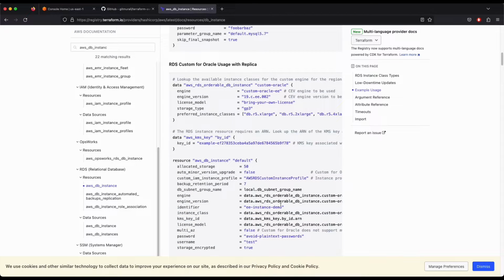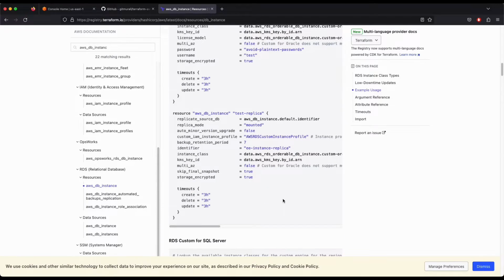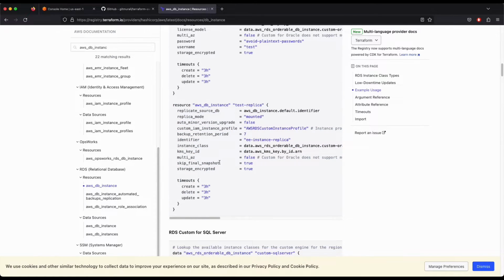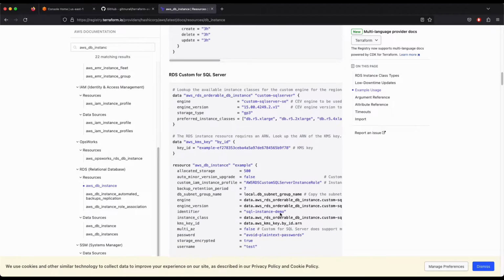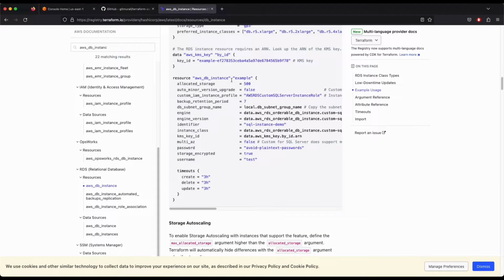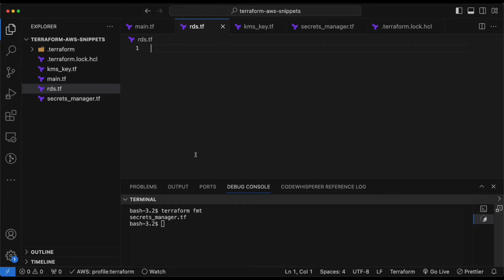Okay, now looking at this example, there's a lot of documentation if you want to read, but I'm going to use most of it, and I've already created something for the demo purpose where I have created this already. Okay, so let me go to the RDS database, and one more thing I want to discuss is